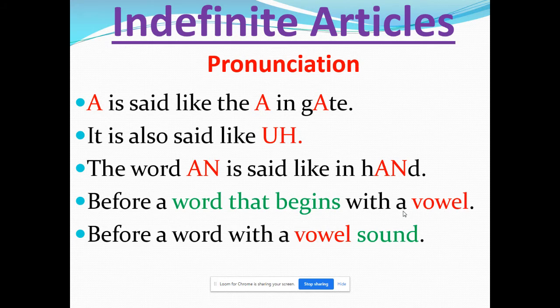So it is said like a in gate, and it is also said like uh. The word an is said like in hand. Okay, so when we're talking about our hands, we say hand. So the word is pronounced like an, not with the d at the end, just an. So before a word that begins with a vowel, also before a word with a vowel sound. Okay,